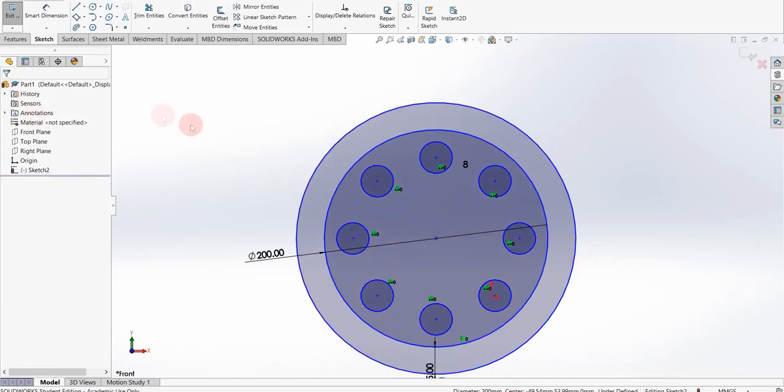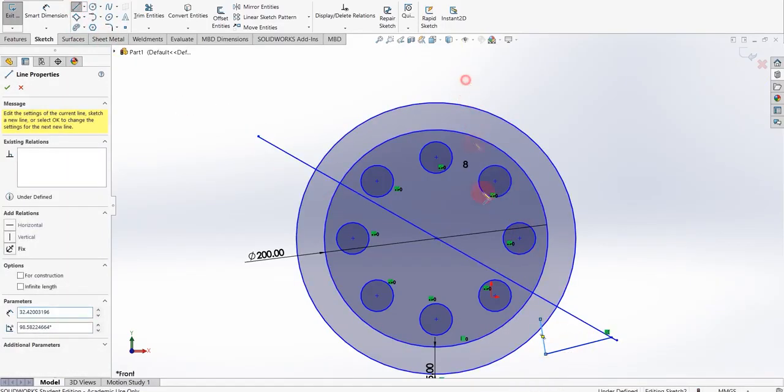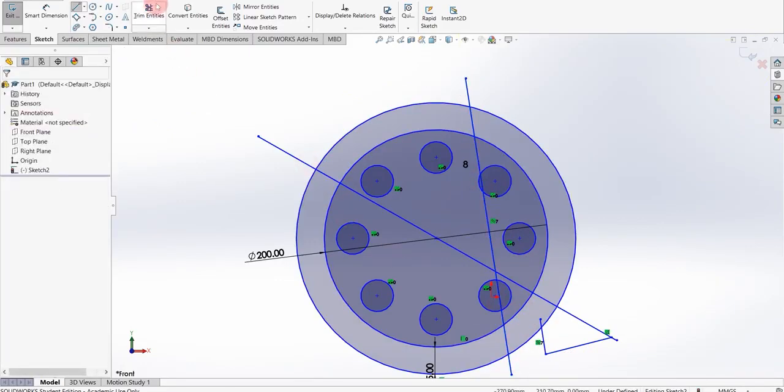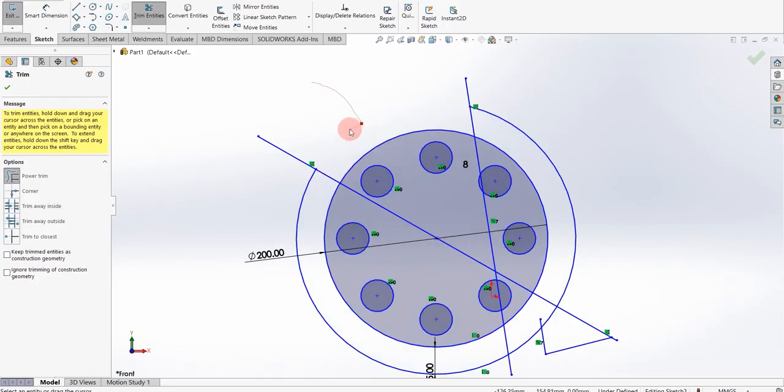So another option is trim. Say I am constructing these 2 lines randomly on the circle, and I am selecting trim. Most of the time we use power trim. So I hold the left click button, and as I drag, the middle portion between the 2 lines is gone, then this point is gone, this point is gone.